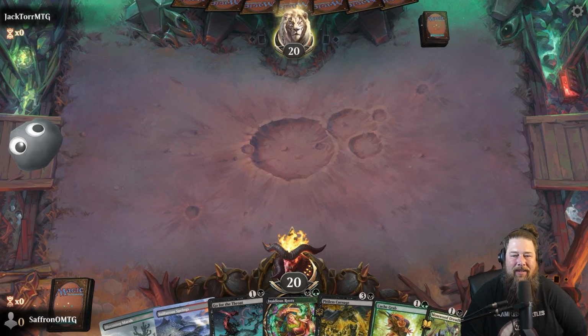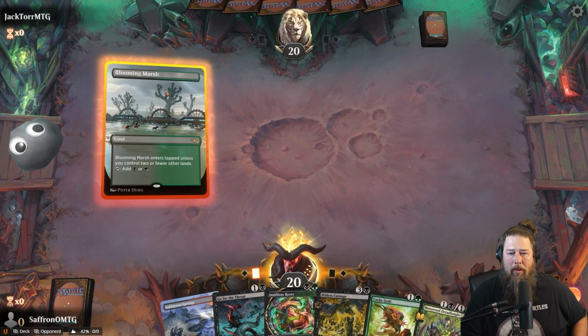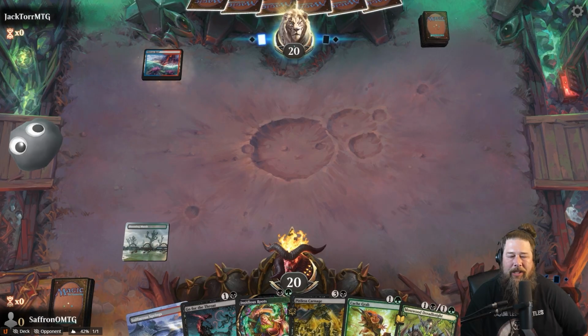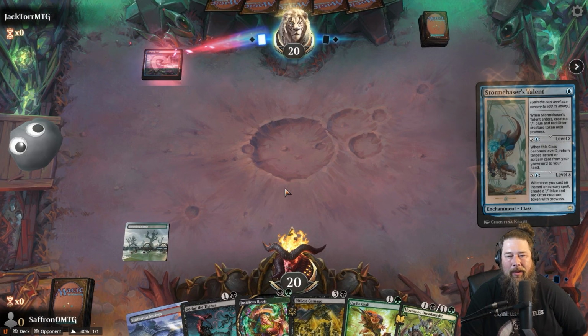Ugh. Hard to get to Stormsplitter before we die. Blooming Marsh, go. So far, Bloomburrow seems really sweet. I'm really liking this. I'm very curious what Standard's going to look like when it's all said and done. Obviously we're getting rotation too, which helps, but I think, ooh, all right, speaking of